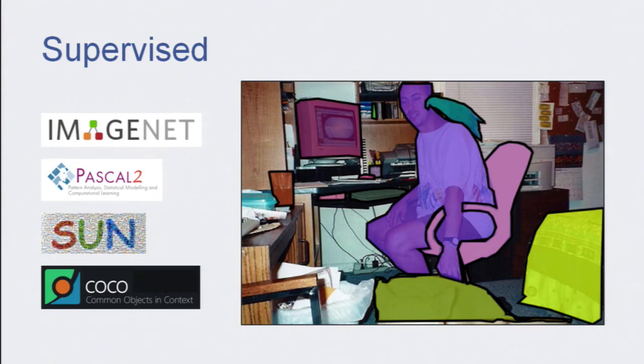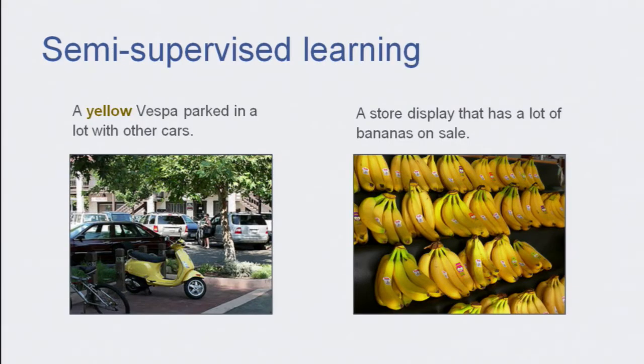So, supervised learning. This is our bread and butter. This is why we've had the advances that we've had so far. It's because of huge supervised data sets like ImageNet and more recently COCO. But creating these data sets is incredibly difficult and frustrating. Just ask anybody here who's tried to do this. Ask the graduate students. It's really hard to get graduate students to work on problems like this.